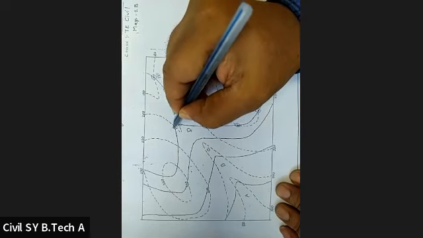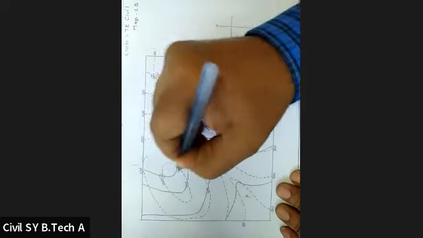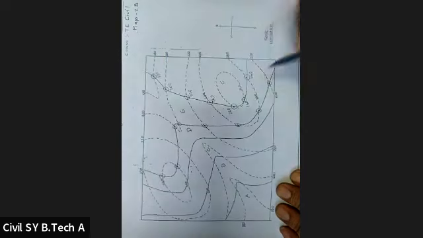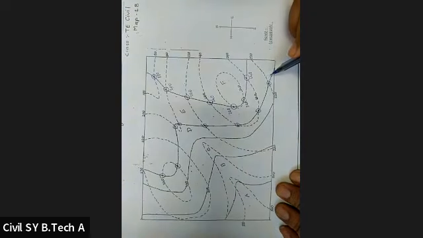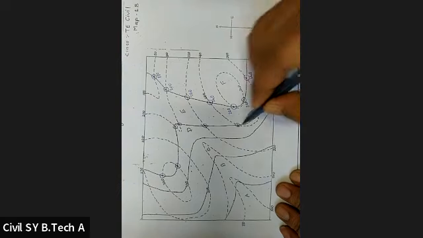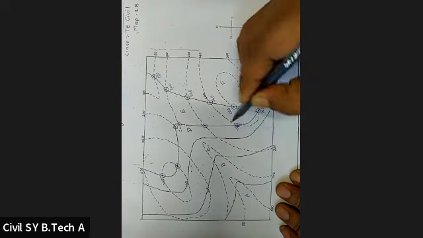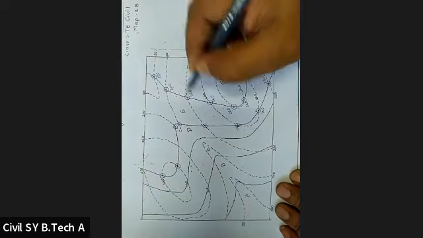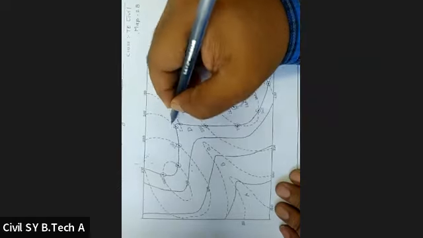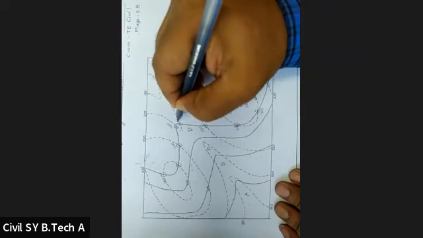Mark all the intersection points. Now write the values of the contour. Here it cuts the 220, here it cuts the 240. It is 240. Here again it is cutting the 220. Here it is again cutting the 220, 200, 200,